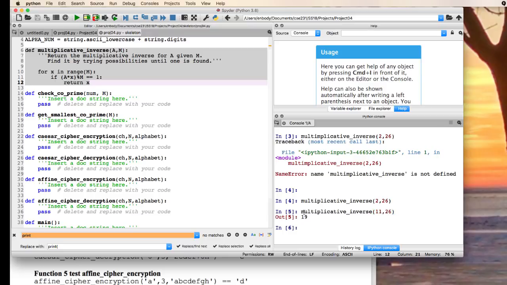there we go. So yeah, a multiplicative inverse has to exist, which, if you have built the A and the M correctly, ends up not being a problem. But the point here is that I can highlight a function and then run it so I can test it by itself. I also have in here,